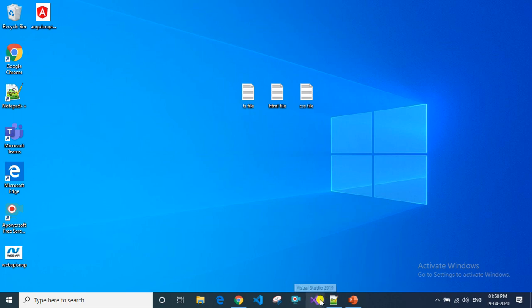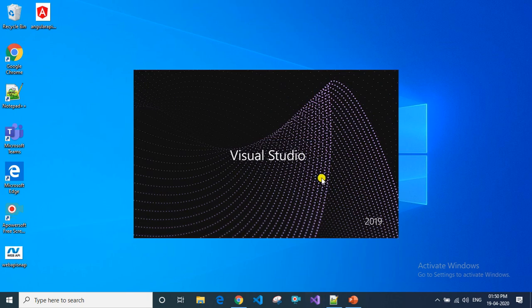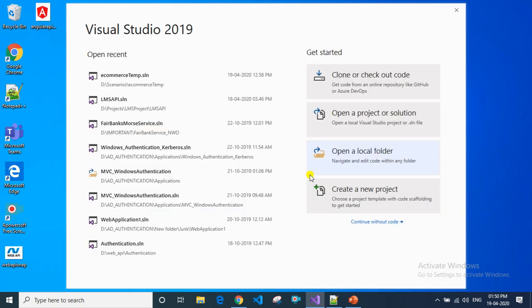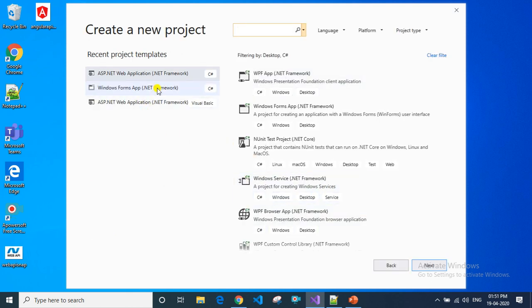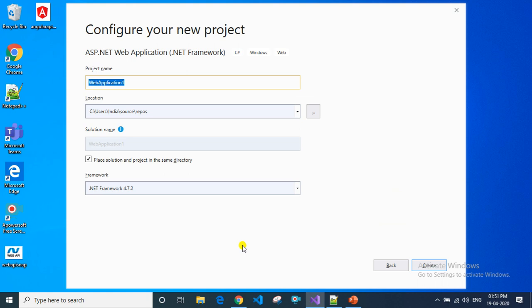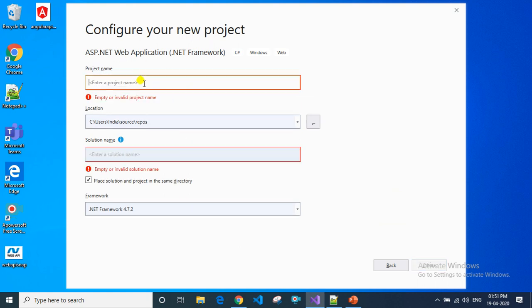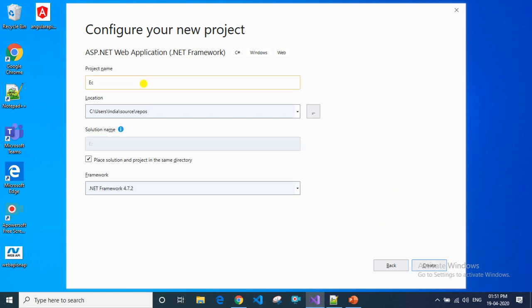Now coming to the first point, how to create a project in Web API. I'm using Visual Studio 2019. You can go to create a new project, then you can select ASP.NET in C Sharp. Once you click on that, you will be navigated to this page. Now I'm creating my application name, e-commerce API.